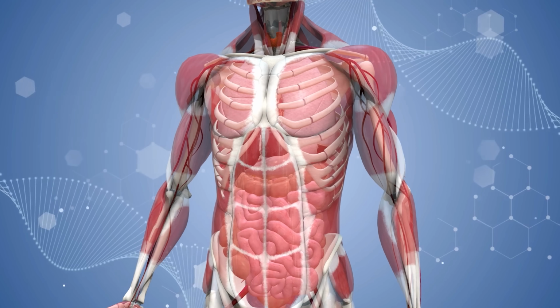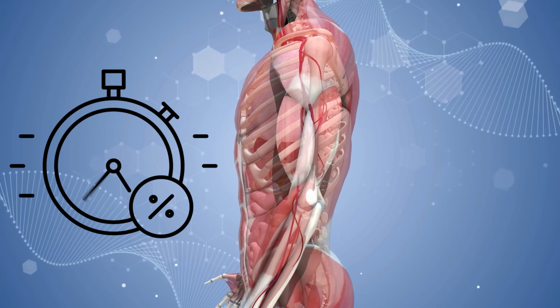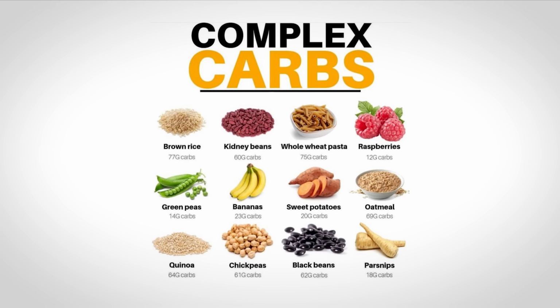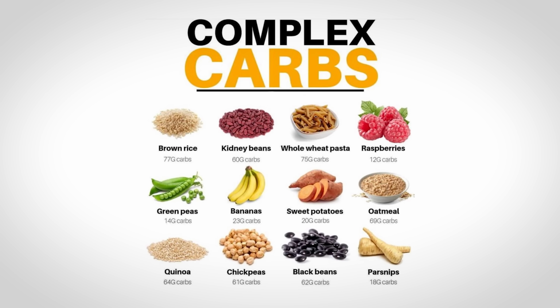Now granted, they'll probably also pair that with complex carbohydrates so they can more fully fill up their glycogen stores, and it does depend on the type of exercise that that person is performing. But the point is, there are situations where timing and how fast those carbohydrates can get absorbed is important, and so simple carbohydrates can be beneficial in certain situations. But again, this should not be the majority of one's carbohydrate intake. The majority should come from whole food, complex carbohydrate sources, and this leads us to the next set of drawbacks